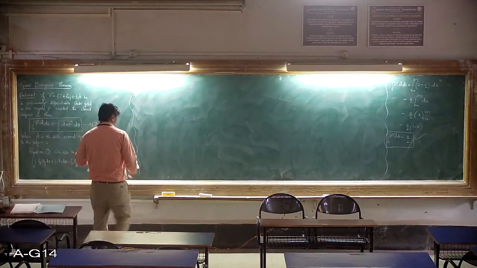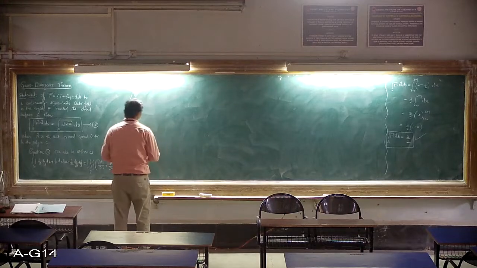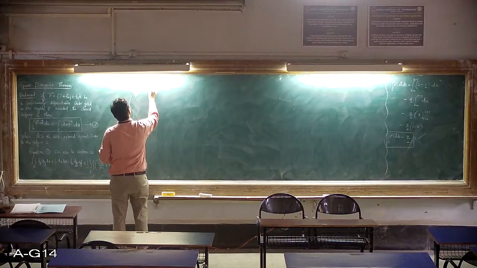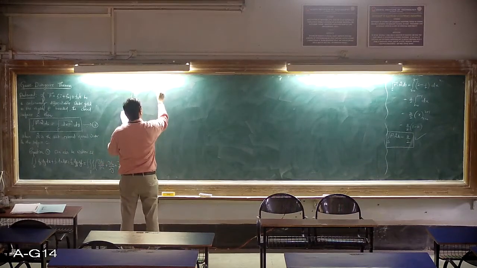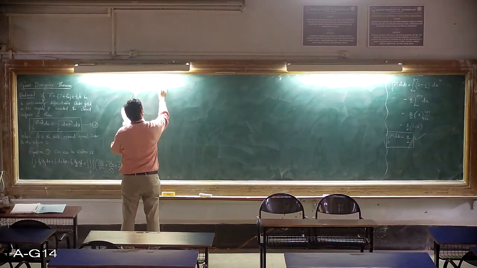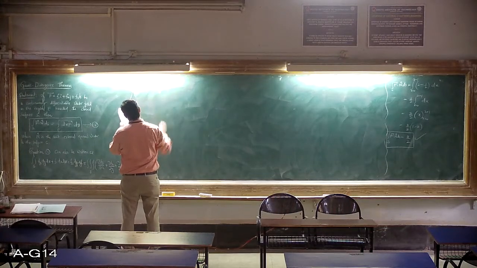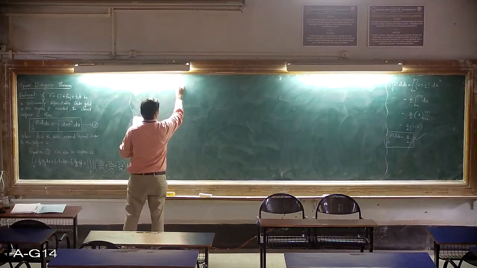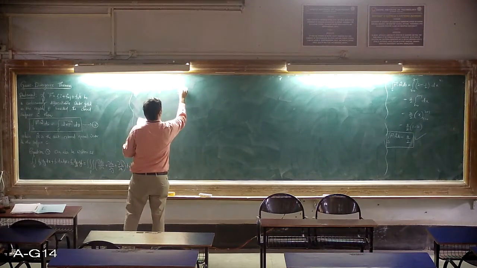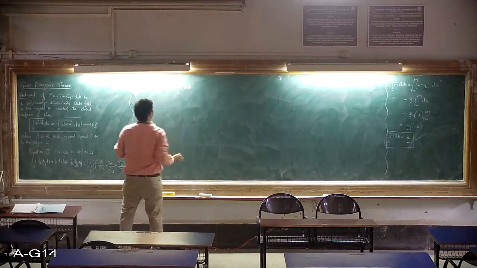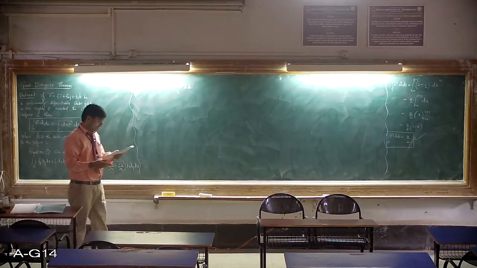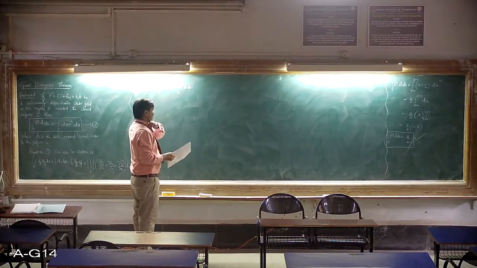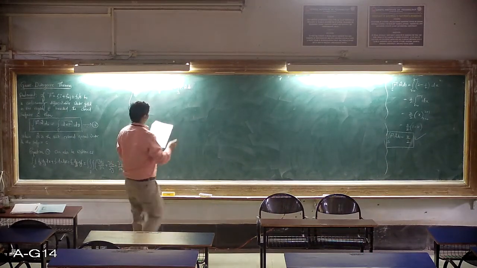Example number 2, evaluate integration over a surface S. Sometimes they'll simply write f dot dS, it is capital S, right? That means f dot n cap small ds. Don't get confused with this, right? N cap is not there. No, n cap is there, but that is capital S. They have included it in that. So capital S is nothing but n cap into ds, that is small ds, where